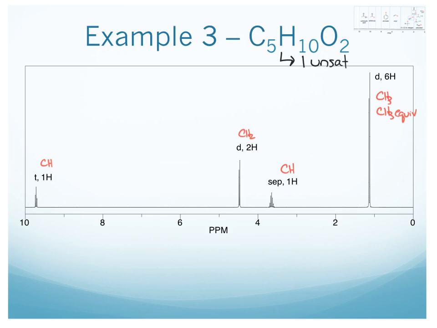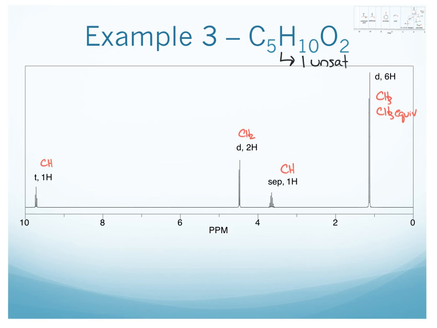Okay, so that takes care of our 5 carbons and our 10 hydrogen, but we still have 2 oxygens unaccounted for. But if we think about the different regions in our spectrum,